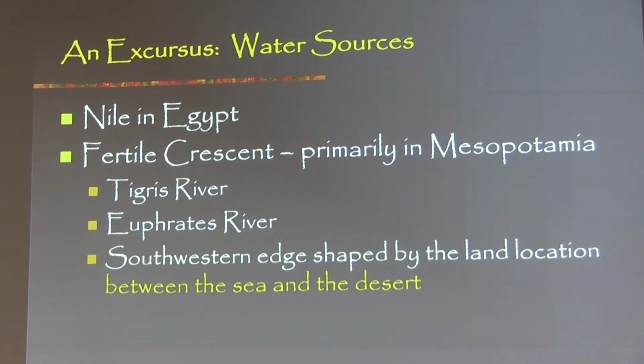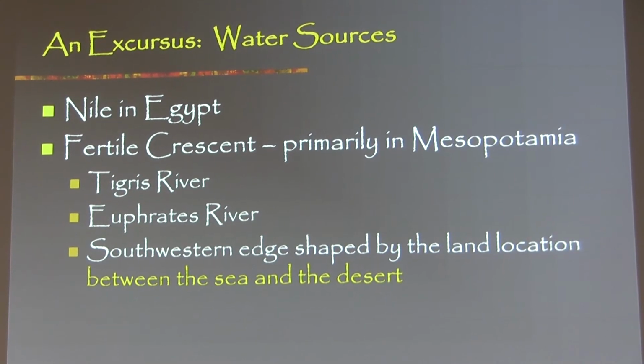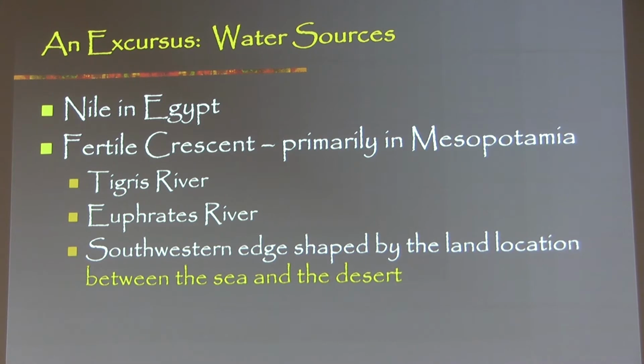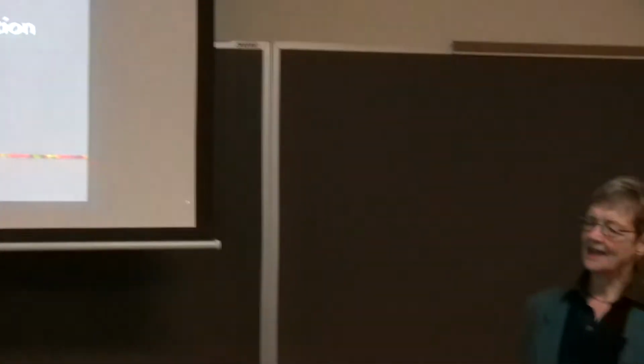Our southwestern edge is shaped by the land location as I've just described for you. It's between the sea and the desert. That is the thing with those rain clouds coming in from the sea. When the Lord says through Moses, this is a land that drinks rain from the heavens, that's exactly what it is. And that, of course, as you are guessing and hearing that and reading it later on, you're going to see how that works in terms of God's blessing,